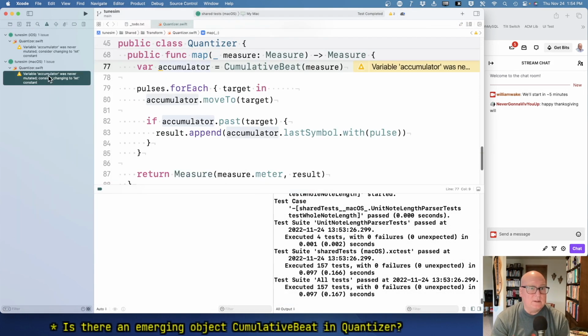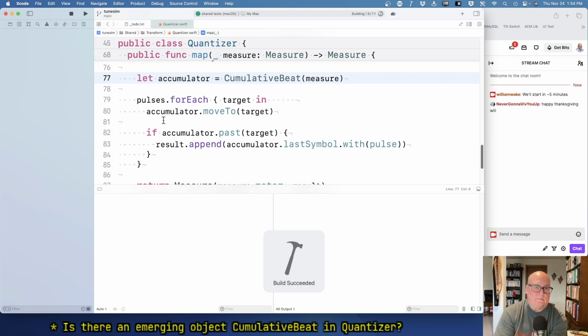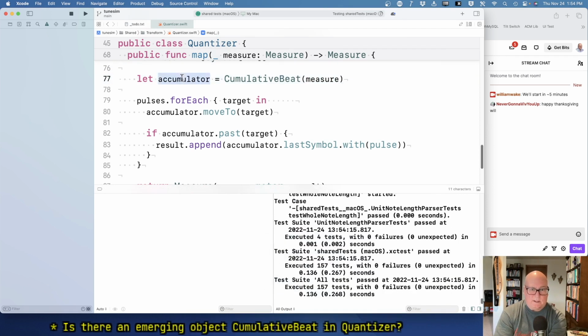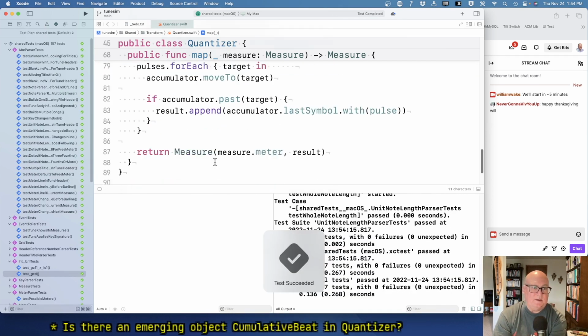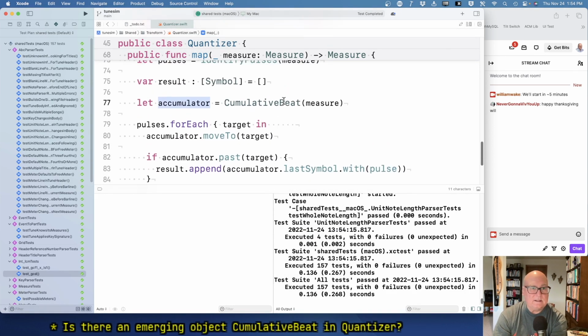Cumulative was never mutated. Well, we're dealing with the same one, okay. Yes, we didn't change the variable, we do change the accumulator. All right. Now, the last thing is,